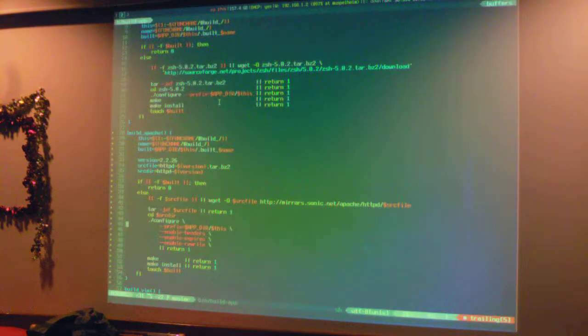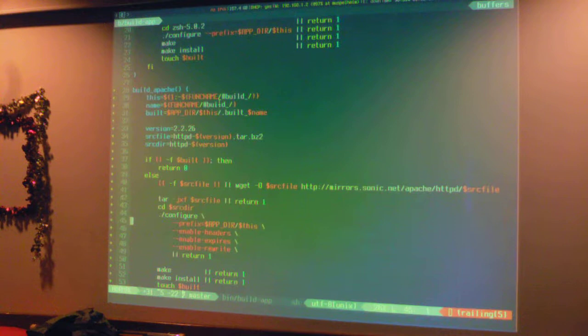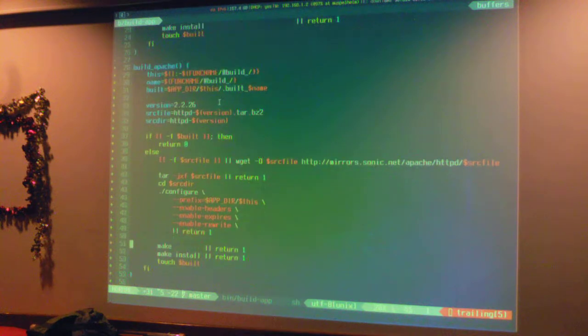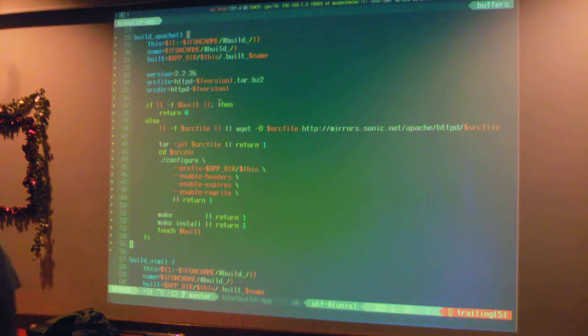Uh-oh, your font went small. That's because I went to a different window. I think we're using 3. 3 is fine. I'm also using URXVT, so if you're surprised about the fact that I can change the font size on the fly in URXVT, talk to me after the thing, I'll show you the file. It's simple.